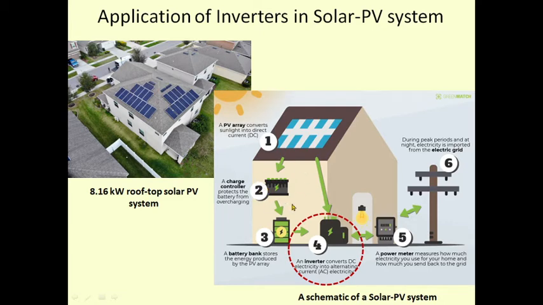This is one of the expensive parts of solar PV systems. The charge controller always checks the state of charge of the battery bank, and whenever it is approximately 90% or 95% charged, it will stop charging this battery bank. Why 95%? Why not 100%? Because that is related to the life of the battery.